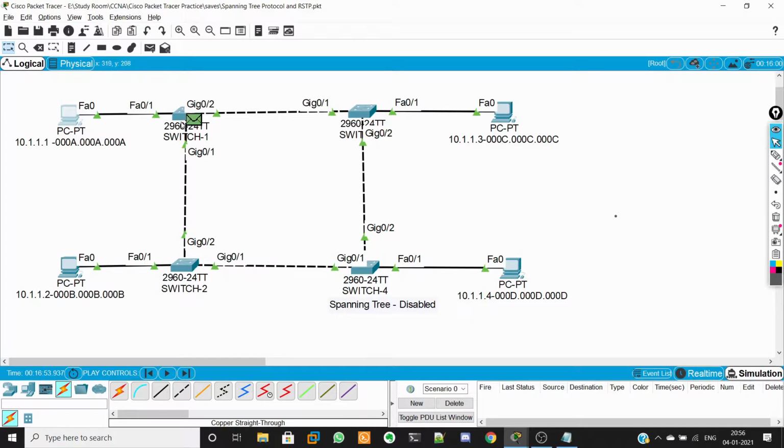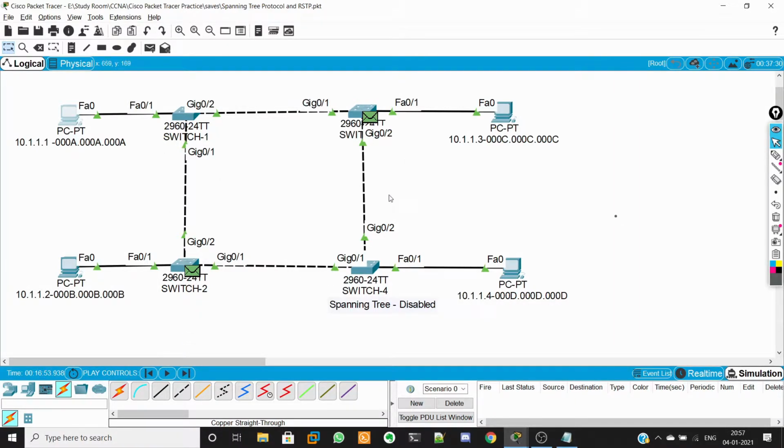My switch doesn't have the entry in the MAC address table. It doesn't know where to send that particular frame. Hence, it is going to flood the frame through all the other ports. It's simply flooded. Now it reached this switch. Actually, I am pinging this one, so the frame has to reach here. Keep in mind this particular switch takes a copy of the frame and also floods it via this port, and the switch received this one. Also this switch doesn't have the entry in the MAC table, so it is also going to take a copy of this frame and forward it to the other ports. So let's see what's going to happen.